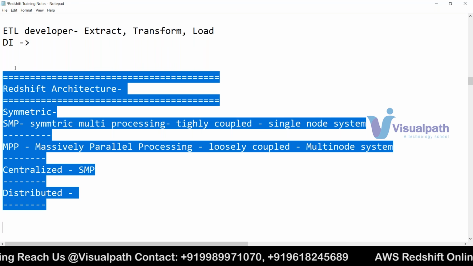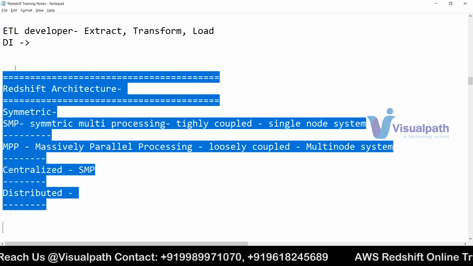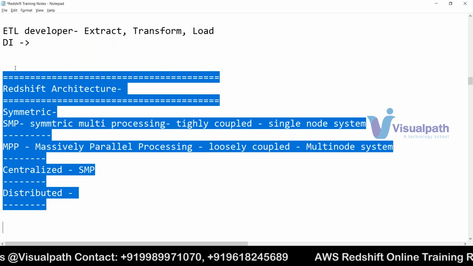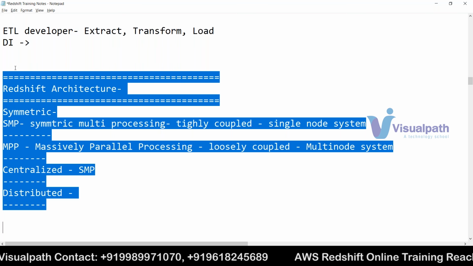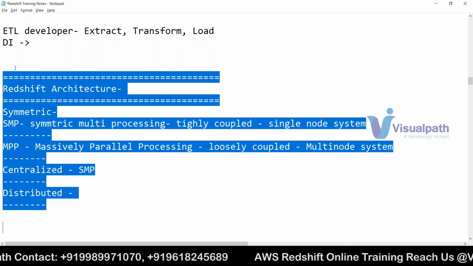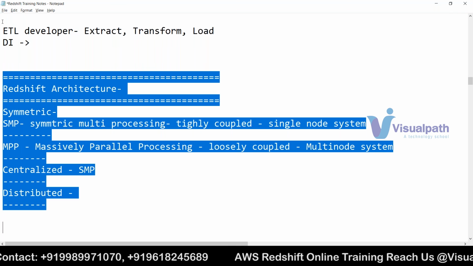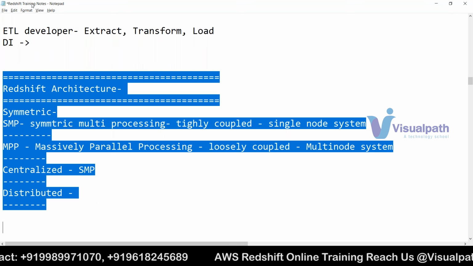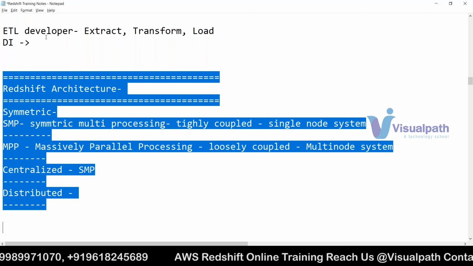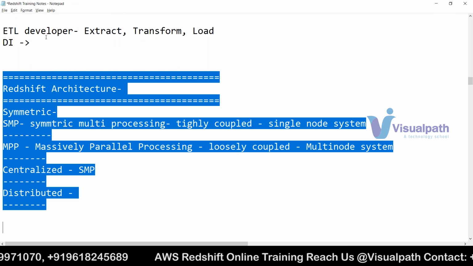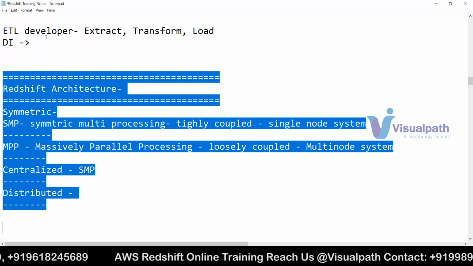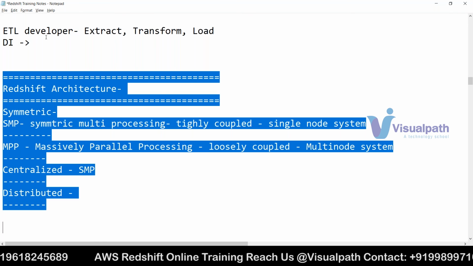Krishna, could you please share the PowerPoint you are showing? Can we have that file, or is it only for teaching purposes? No, everything will be given, don't worry. The notes, including this PowerPoint, everything will be shared with you. Tomorrow or anytime, you can drop me your email addresses, all of you, and I will share the materials.